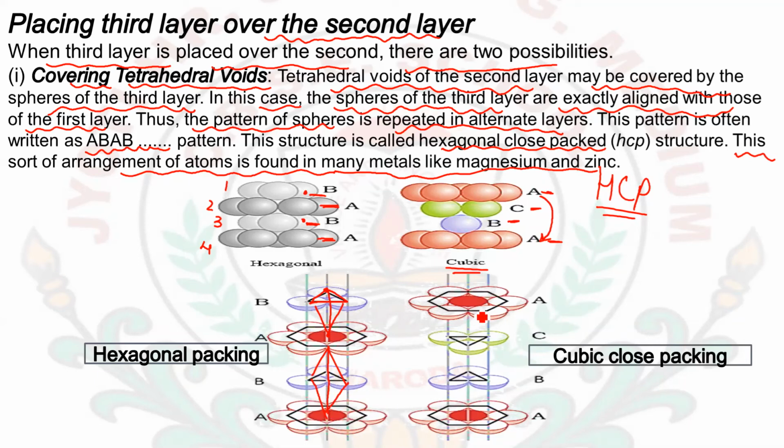While here you can see that the cubic packing has one triangular arrangement on the upper side and another on the lower side. So here you can see that it is forming an octahedron shape like this. An octahedron is formed here, and due to this octahedral shape, you can see the octahedral voids are present. This is the cubic close packing and this is the hexagonal close packing.